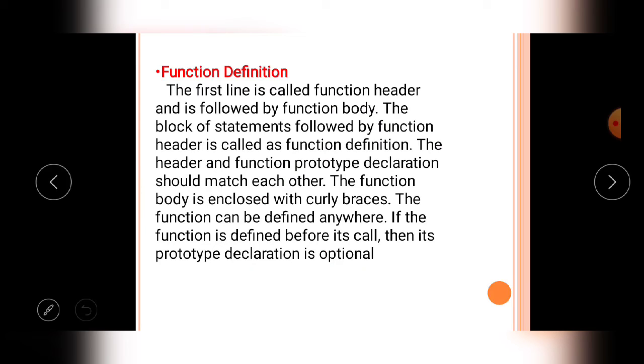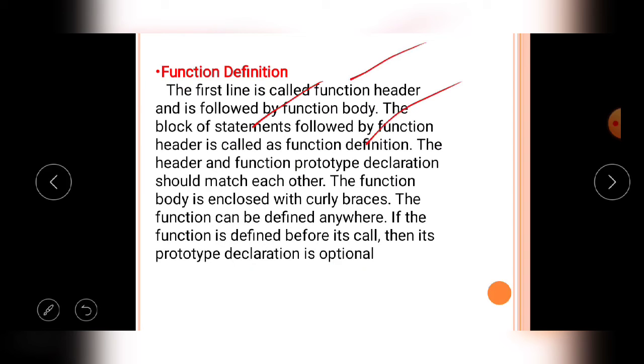First of all, you have to write the function header. Then you construct the block, and in that block you write a group of statements according to the requirement of the task. This is called the function definition.